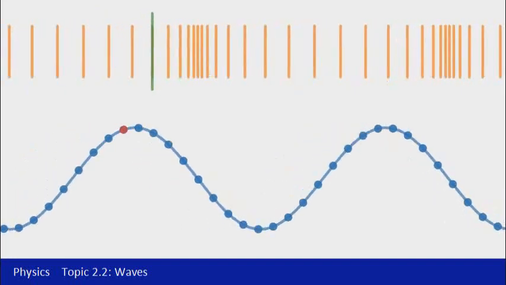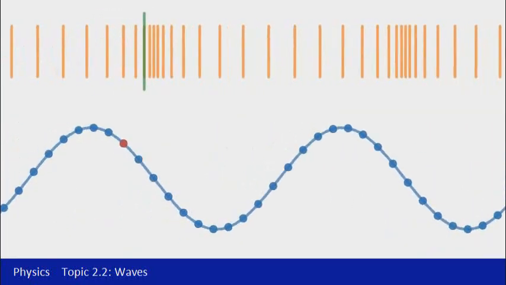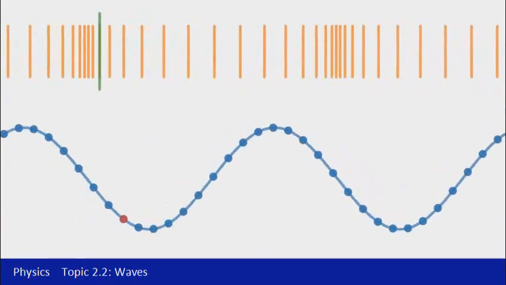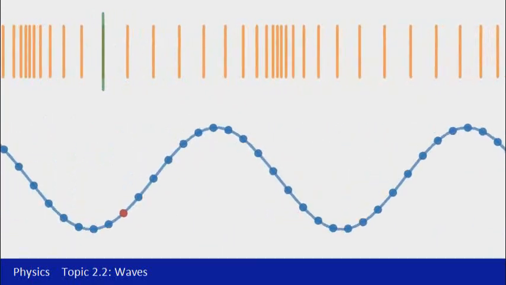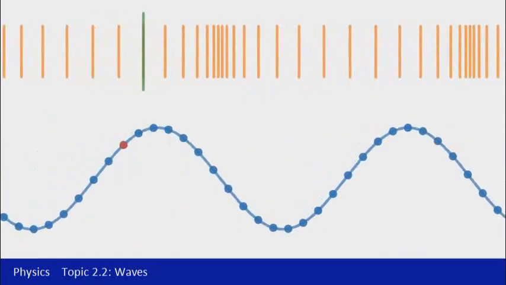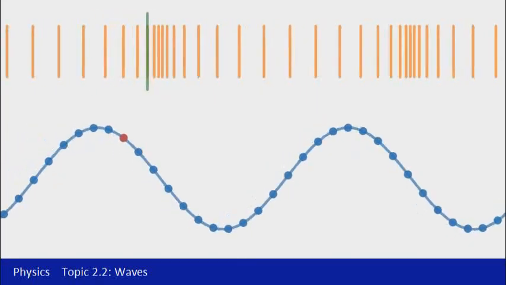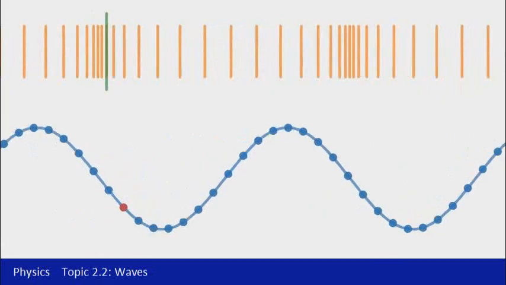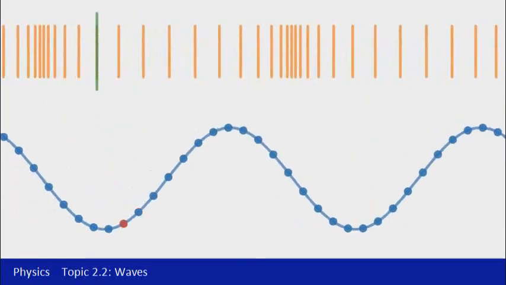So if you compare that to the motion of the red dot here, you can see it's moving fastest when it travels through its equilibrium position, and when it's at its maximum or minimum displacement, that's where it's momentarily stationary. So compressions and rarefactions actually correspond to particles moving through their equilibrium position. If we then go down and look at the transverse wave, you'll notice that the crest occurs when the particle has moved its greatest distance from its equilibrium position. So the crest being at the top there, trough being at the bottom, and the motion of the particle, as I said, at that point is just temporarily stationary. So for a very brief instant in time, the particle is not moving anywhere.